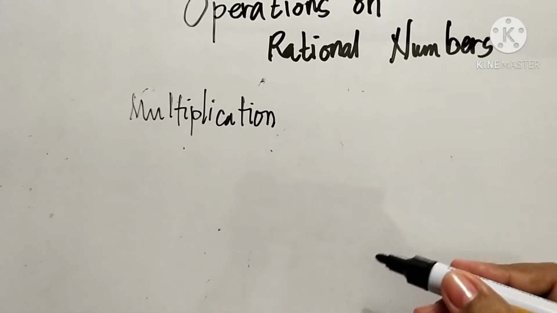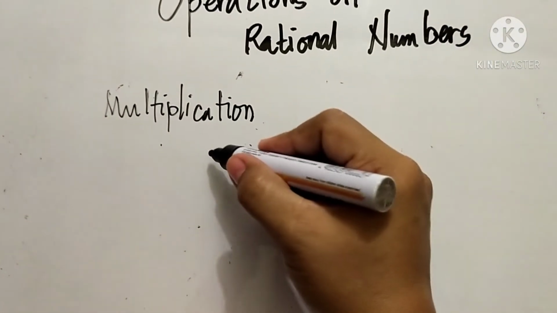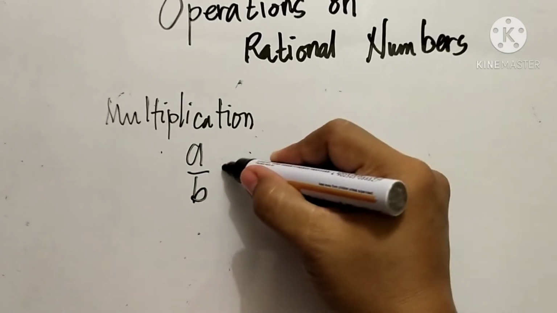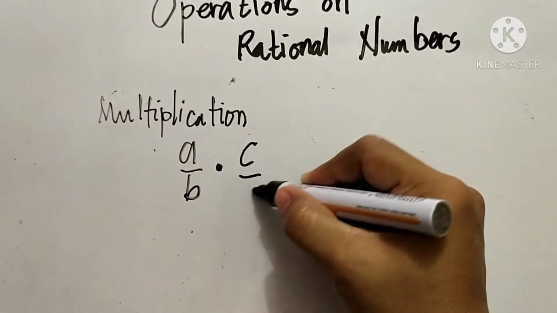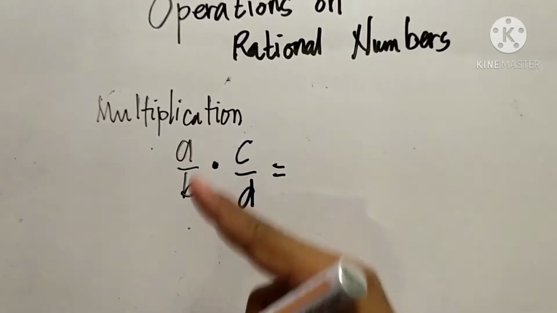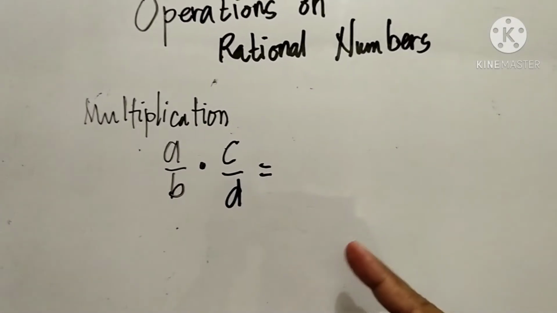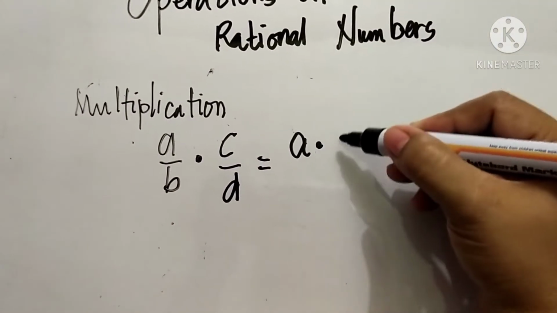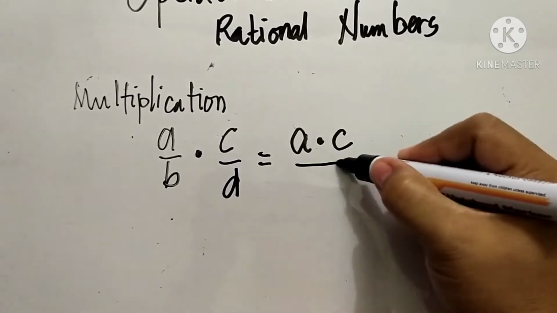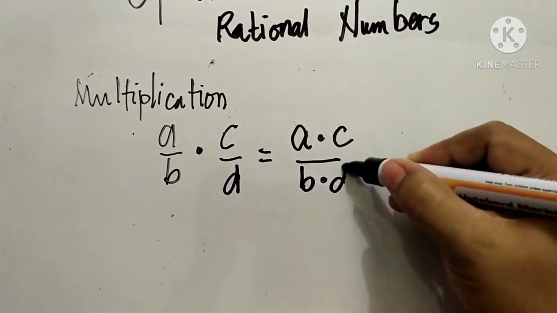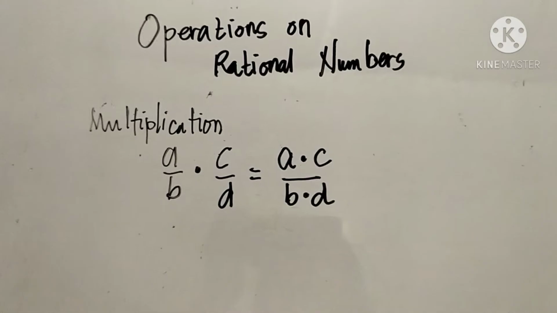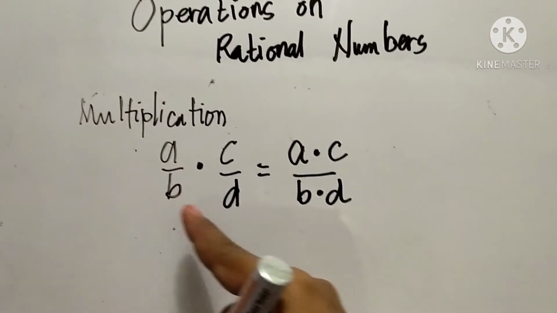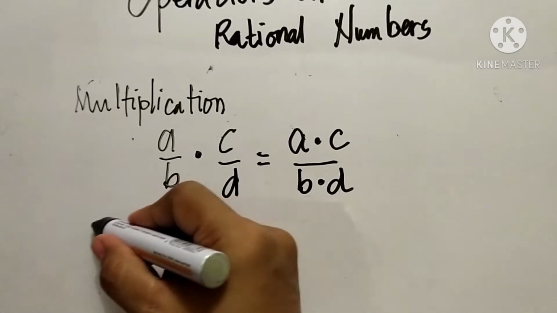Okay, for multiplication, we have the rule, like for example, if you have A over B times C over D, that is for every A, B, C, and D, we directly multiply numerator to numerator, denominator to denominator. So that's the rule in multiplication. Multiply numerator to numerator, denominator to denominator. For example,